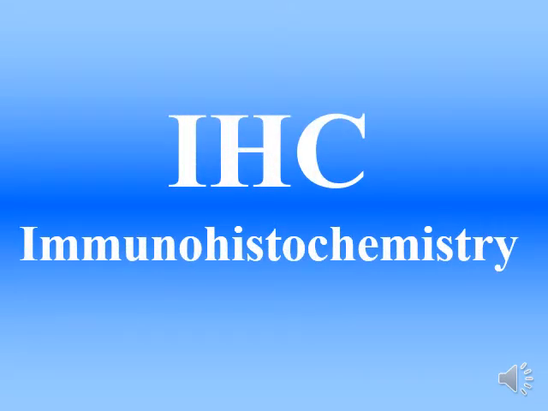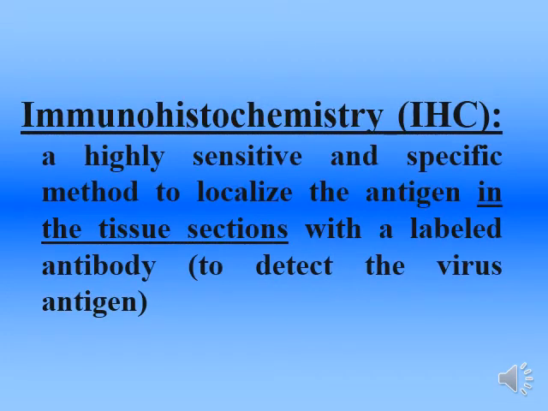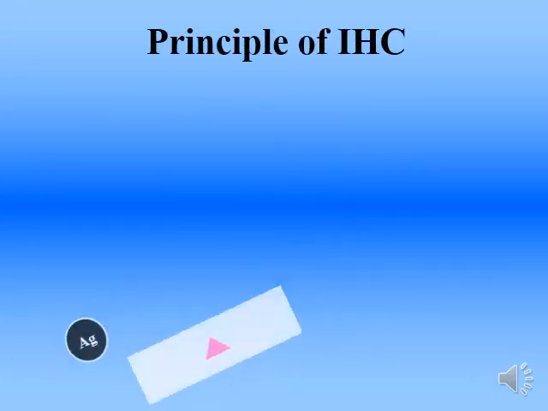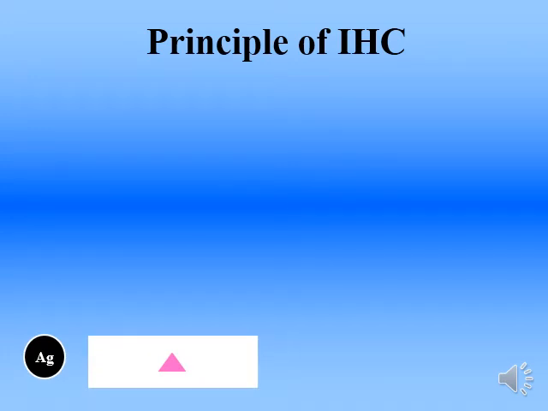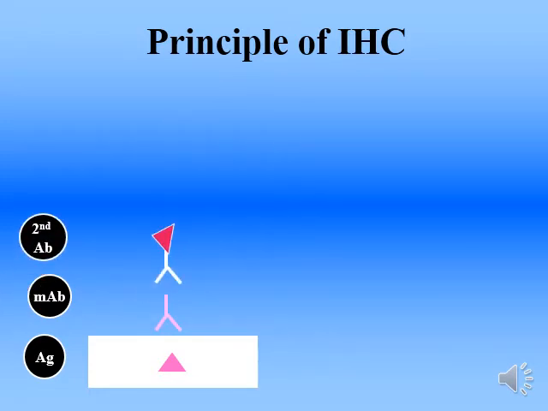الطريقة الثانية هي الاميونوهيستوكيمستري، a highly sensitive and specific method to localize the antigen in the tissue sections. بالطريقة الأولى in the cells، هنا in the tissue section with a labeled antibody to detect the virus antigen. البرانسبلز مال هاي الطريقة اللي هي البرايمري انتيبودي يرتبط مع الانتيجين، ومن ثم يرتبط السكندري انتيبودي، ومن ثم attachment of